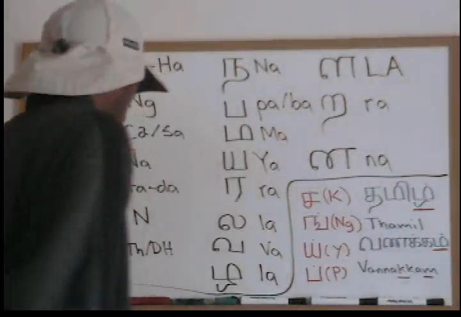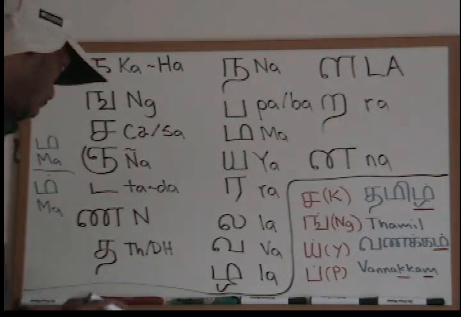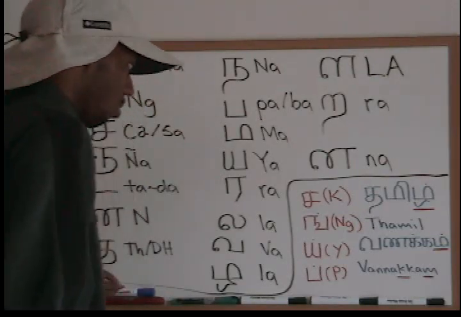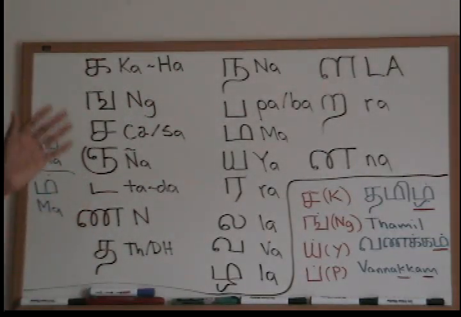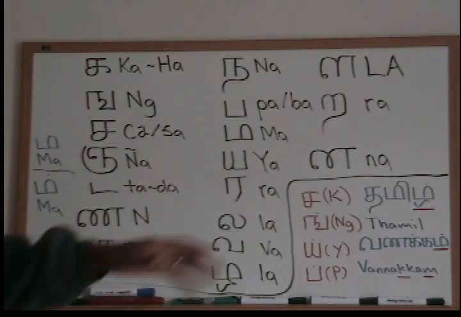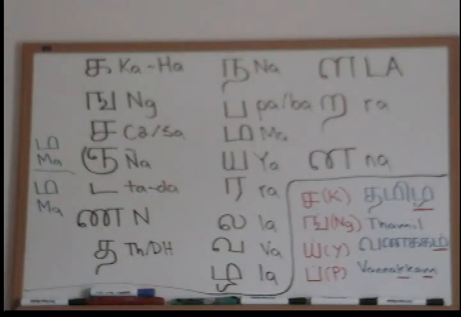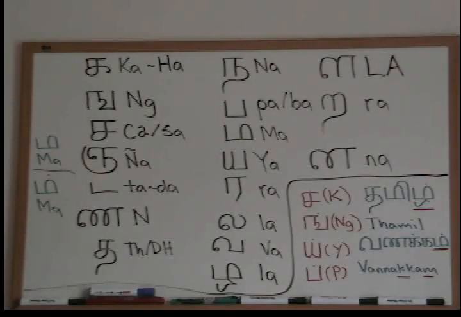Now, the next part I'm going to make is for the Grantha letters, and I'll explain what the Grantha letters are. So this will conclude the video for the consonants. These are all the consonants you need to know for Tamil. And I told you the rule for the dots. I'll make a chart and list some more examples so you can get used to it. I will also post a link for a course you could use, because it's a really good course. So that will conclude this video for the consonants of Tamil, and now we have the Grantha letters coming up. So I will see you guys in a bit.